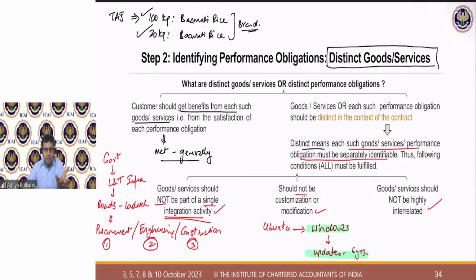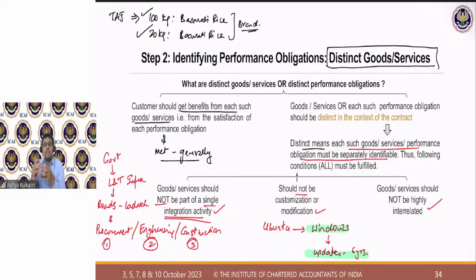You are using a phone which has Android 13. You are going to get an update to Android 14. Is this update different from the Android 13 which you have installed? Answer is yes, because you are getting a new Android version that is installed. So the updates, though they relate to Android, give a different version of the software. Are you able to follow?